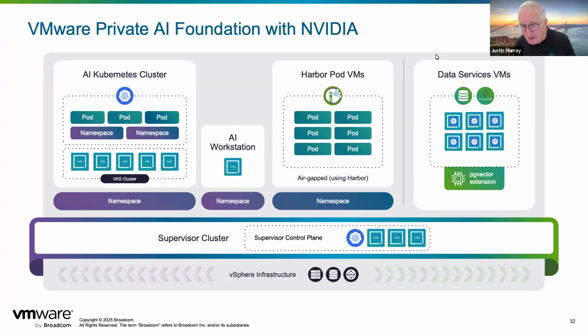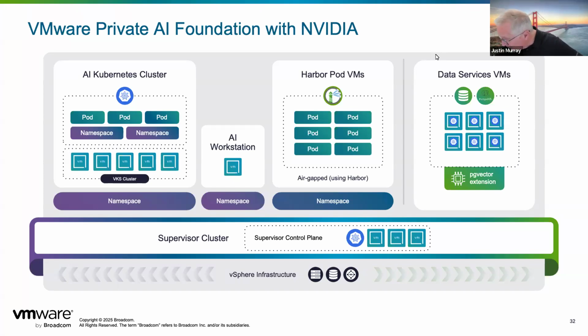And that's an important point because many of our customers are highly private, and they want to deploy this in their own environment, completely disconnected from the internet as far as this environment is concerned. Previously, they've taken a DMZ VM and downloaded the containers from NVIDIA and stored them into Harbor so that they can be deployed in an AI workstation or an AI Kubernetes cluster.